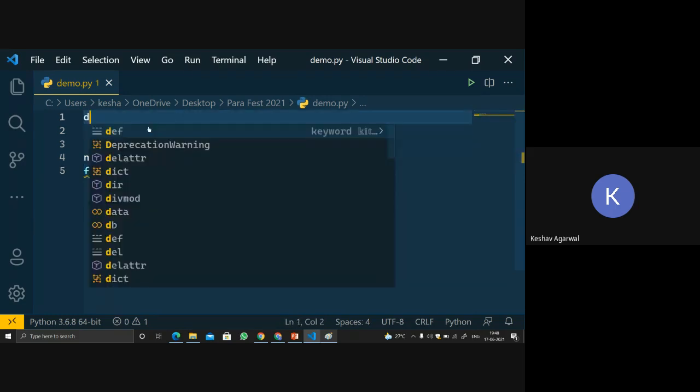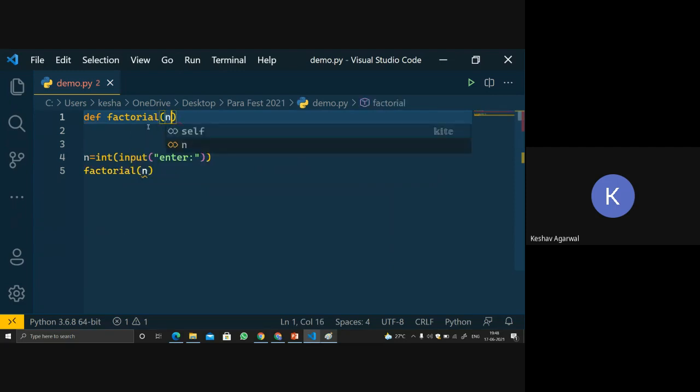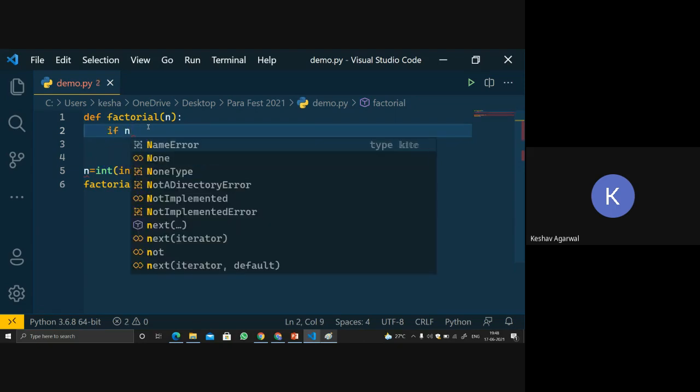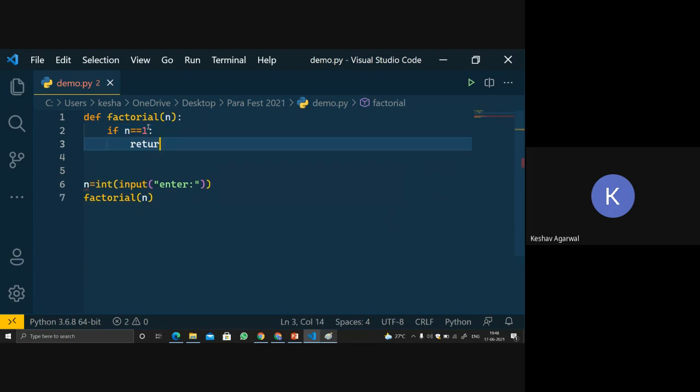So def factorial, and we will pass n. Now we will check if n is equal to 1, then we need to return 1.